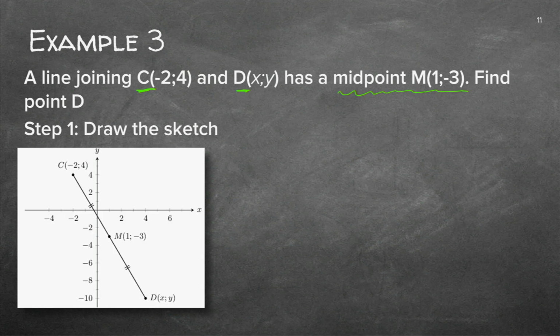Always, you go write down that formula. So I'm going to write down the midpoint of CD is equal to, because it's a point, I'm going to make my coordinate. X's come here, Y's there. So it's X1 plus X2 over 2, Y1 plus Y2 over 2. And now I need to start substituting.